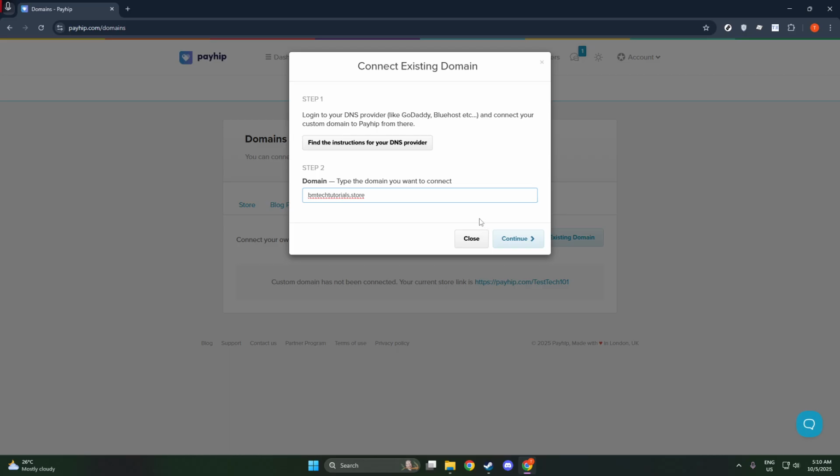Alternatively, you might opt to connect a subdomain. A subdomain is a prefix added to your domain, like shop.yourdomain.com. If this is your choice, you'll again dive into your DNS settings and create a CNAME record for your chosen subdomain to domains.payhip.com. For example, if you chose shop, you would ensure that shop.yourdomain.com points to